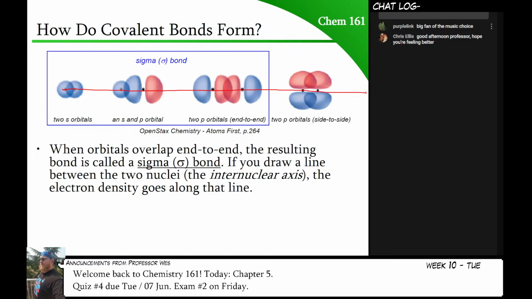If I draw a line through my nuclei, and that line passes through where my electrons would be in the overlapping region, the bond I have is called a sigma bond. Sigma bonds require electron density to be on this line. This line that I've drawn is called the internuclear